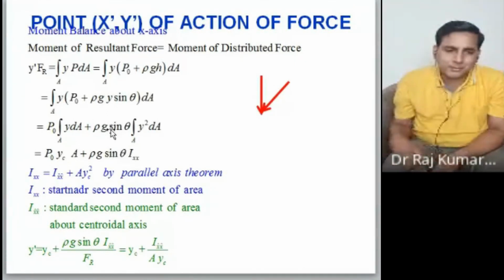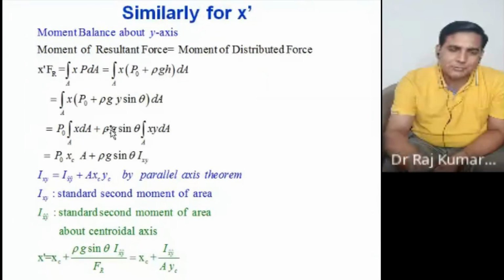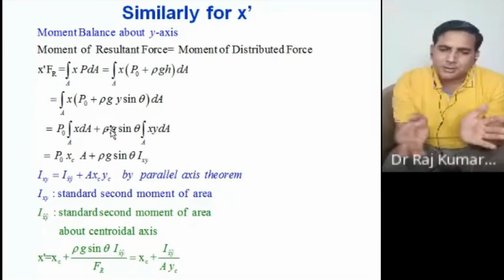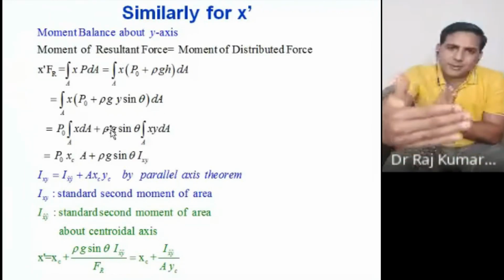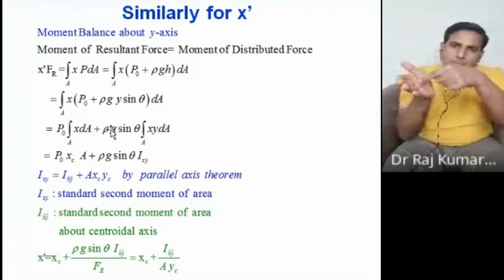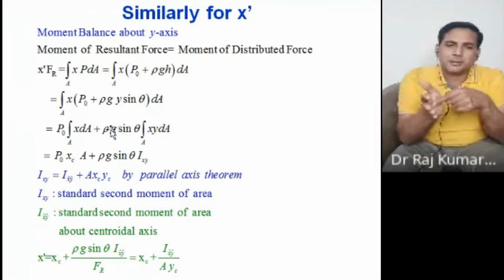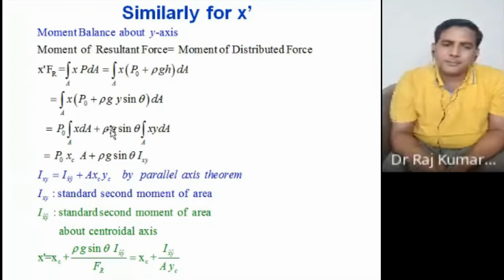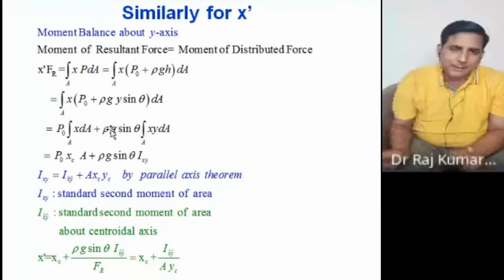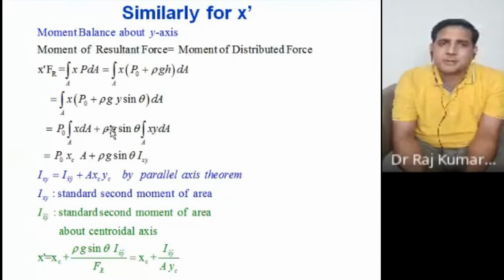So we will end up at this particular place, and in the next class we will calculate the x coordinate here. Right now we have calculated the y coordinate. In the same way we can calculate the x coordinate, how far away on this side. Because to locate a force, we need the coordinate from this side and the coordinate from this side. Only then can we locate a particular point, right? So we will end up at that particular place, and if you have any doubt about this, we will clarify in the next class. Fine?